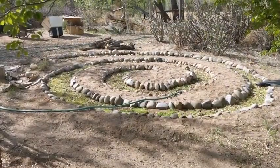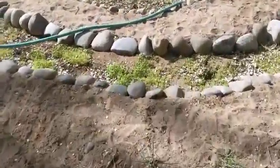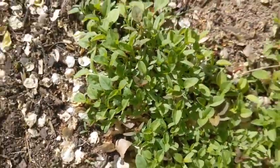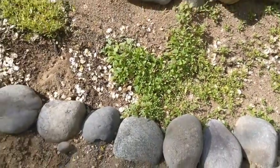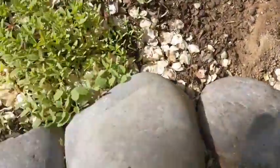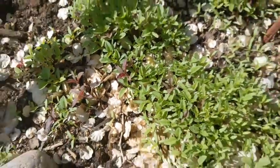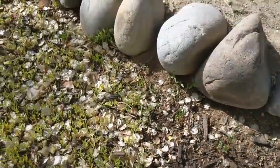So here's the spiral garden as viewed from my camp, and just on this edge we find some of the more developed amaranth, and you can see some of it is actually red amaranth, so I think that the very last batch that I threw on there was a new bag of seed, and I think it's red amaranth because, well, you see more of it here. So these are a little less developed than those, but generally these are more developed than the rest of the thing. There's a little red one there,